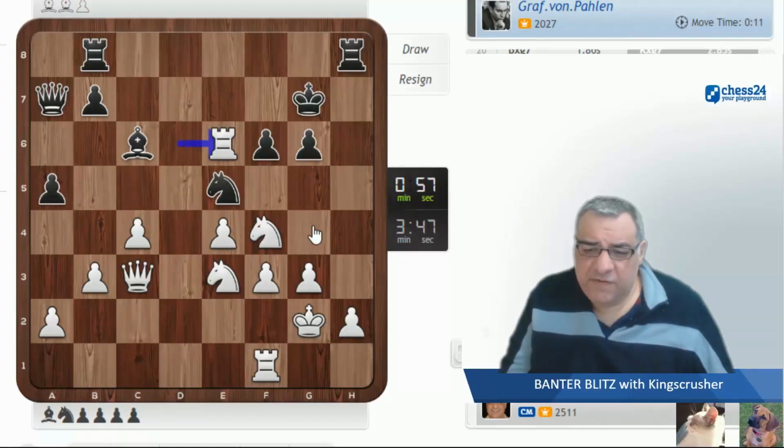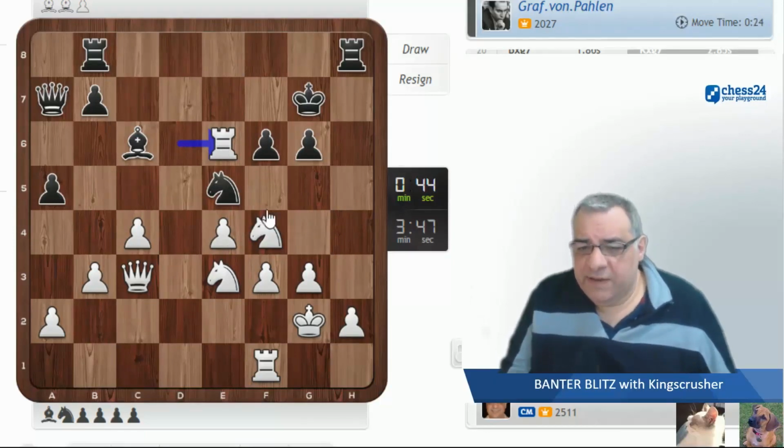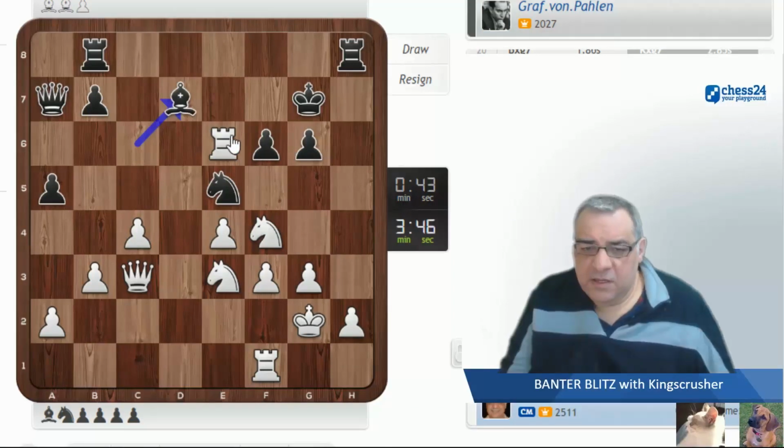King f6, knight g4. There's just no defense against, surely, the queen and two knights here on rook f6. And then knight g4. And so in fact rook e8, rook f6, knight g4. This looks...